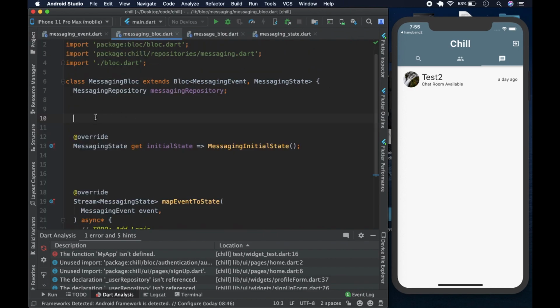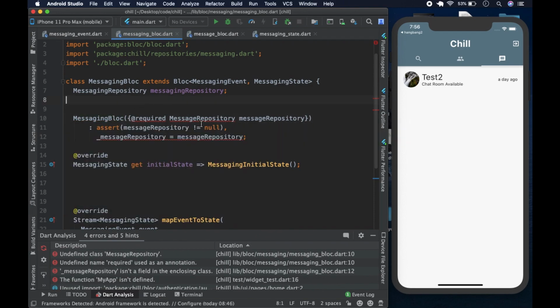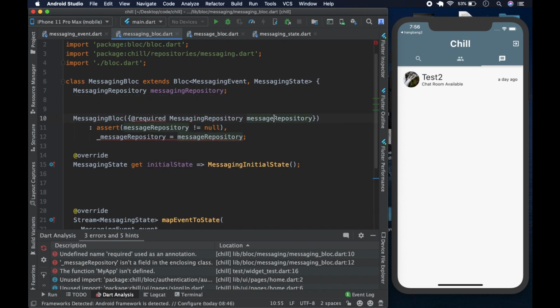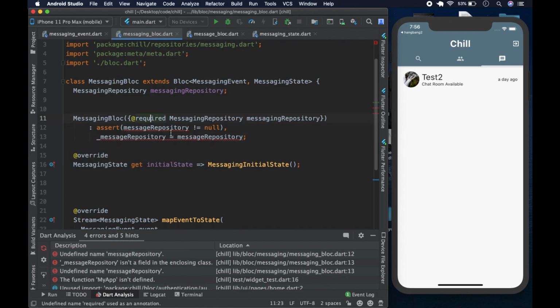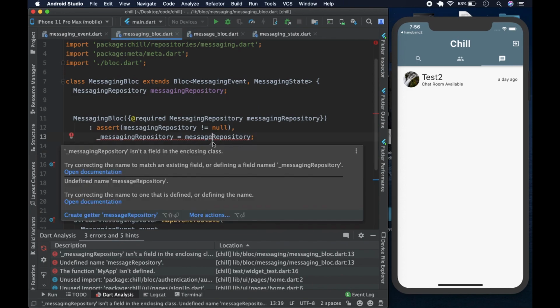Give ourselves a bit more real estate. Come here, do this message, and now it's just time to correct it. Say messaging BLoC like so. It's going to be messaging repository, and we need to import the meta package.